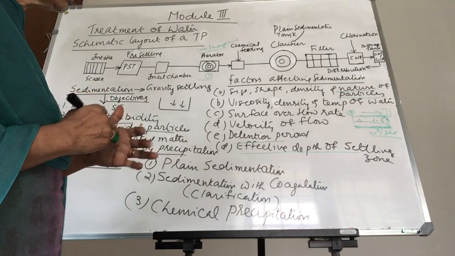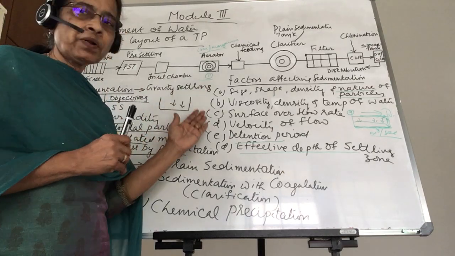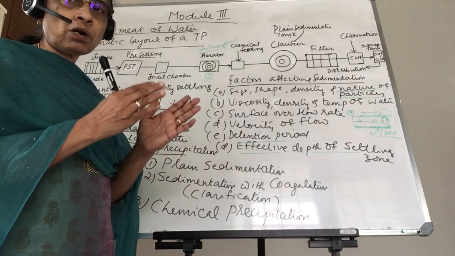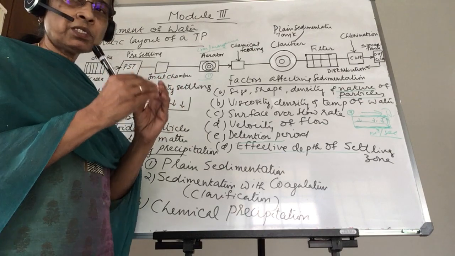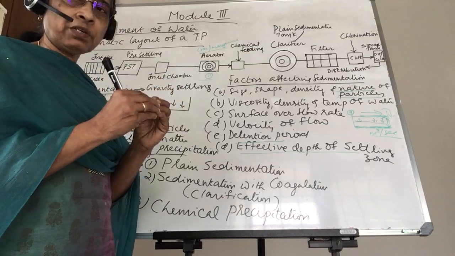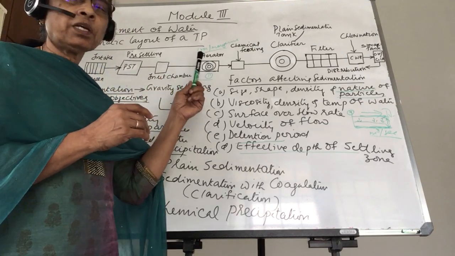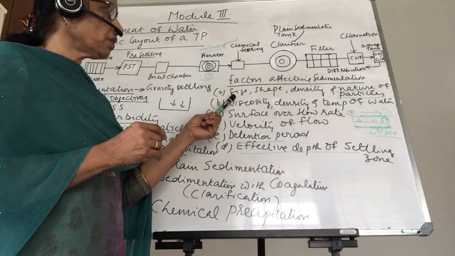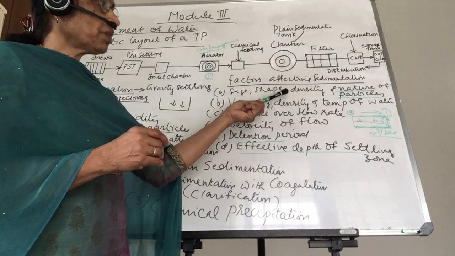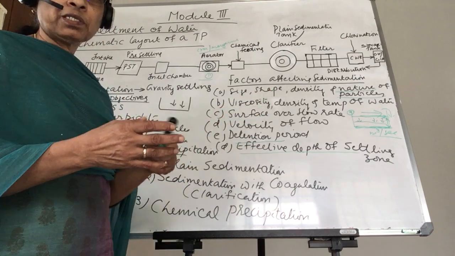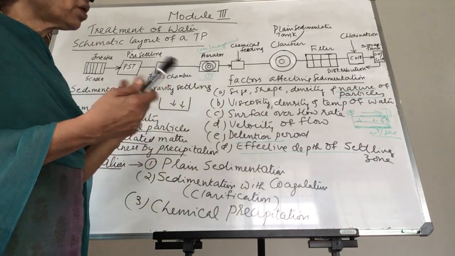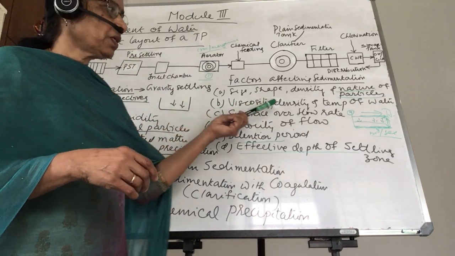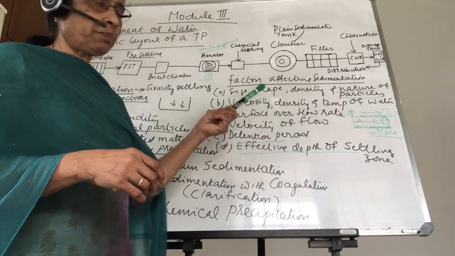So you just understand the factors. There are different factors which affect the sedimentation process. So it is a very complicated process. You cannot control the sedimentation effectively if you are not designing the unit properly with respect to what? With respect to the size of the particle, the shape, then the density and nature of the particles. That means whether it is discrete or it is settlable particles. Then the viscosity, density and temperature of that particular water.